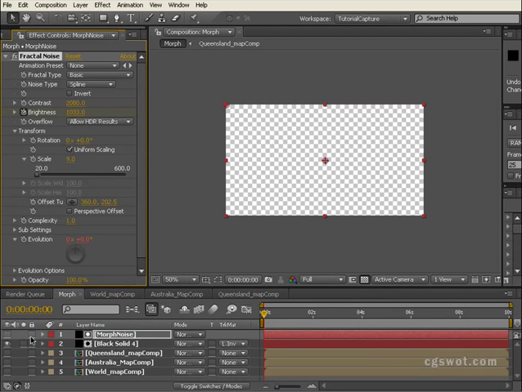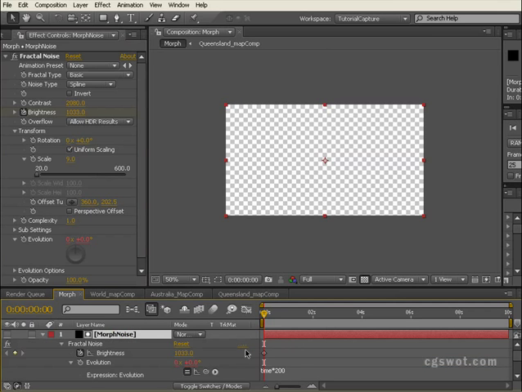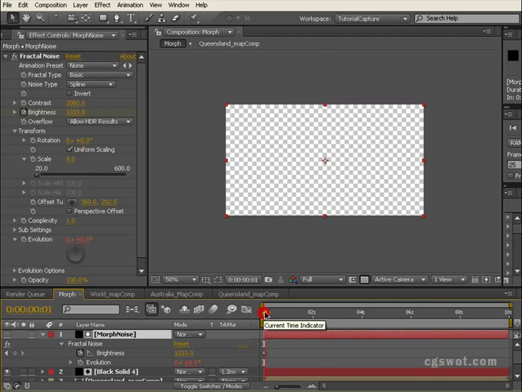and then if I click U on the morph noise, it'll bring up that keyframed parameter of brightness, and you can see that there's a keyframe there. And I'll come through to 1 second on the timeline. You can see that I'm at 1 second here. I'm going to create another keyframe so that it maintains that same brightness throughout that first second, and then from 1 second to 3 seconds